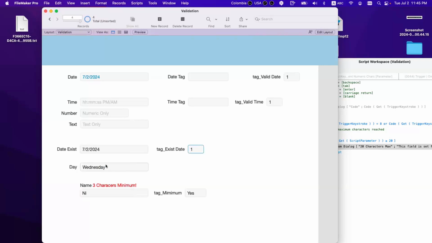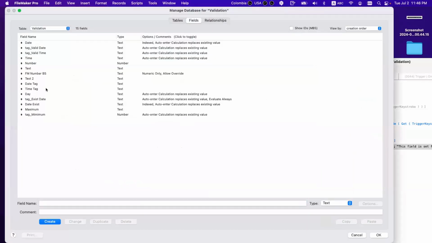I can do it this way, where it disappears, or I can do the tag that says yes, no. It's up to you. I keep the tag because at one point I'm going to show you how we do that, for the time also, when you want the time tag here.